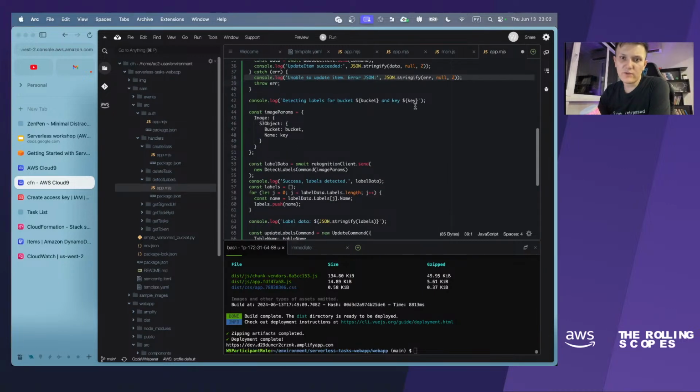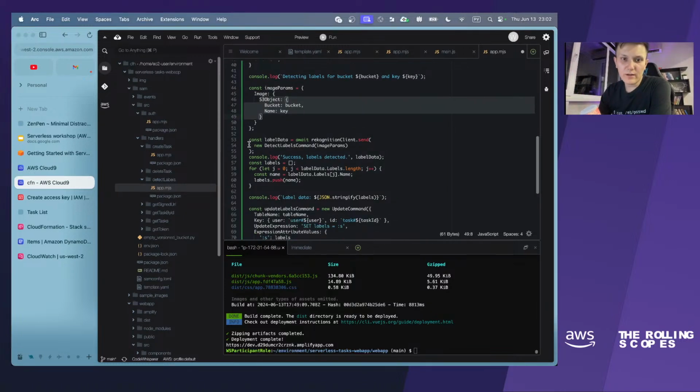And after successful uploading of the image, we will leverage Rekognition. We have the image params object created here. So basically we are just pointing to some exact object, and we will ask Rekognition to detect labels on this object.